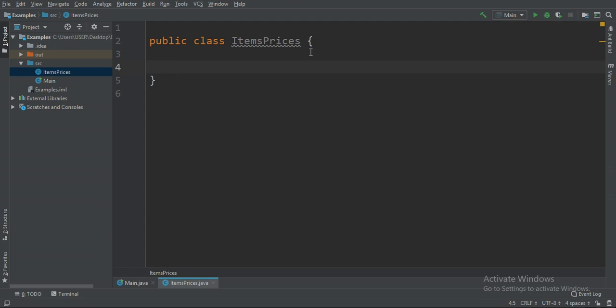We will set two constructors. The first constructor will have two parameters, while the second constructor will have a single parameter, and the usage of these constructors will be made available in our program. Now let me create